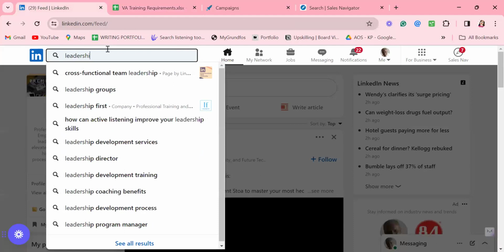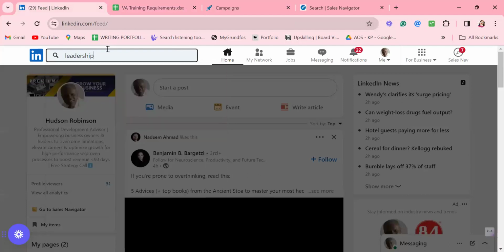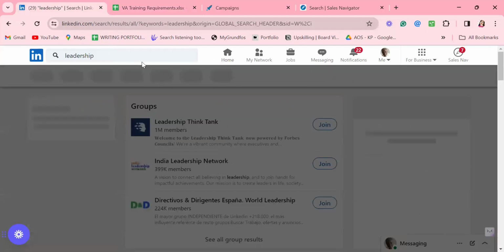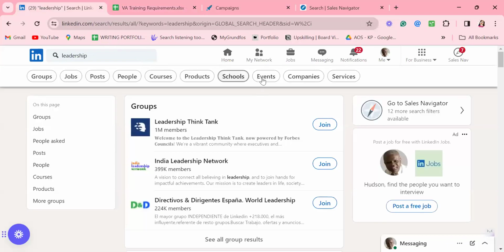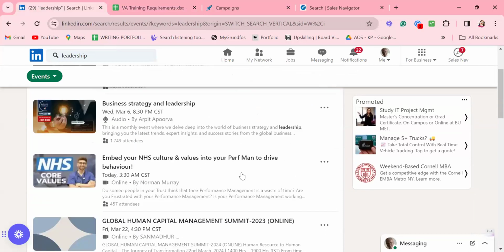So what you're going to do here is just use some keywords. Keywords that your ideal client avatar would be interested in. So for example, leadership. And then we click on events. So right here, there are about 9,800 results. So for example, I'm going to choose